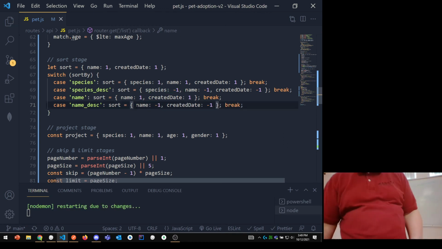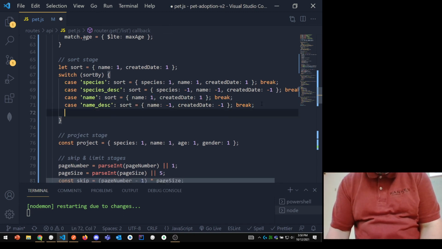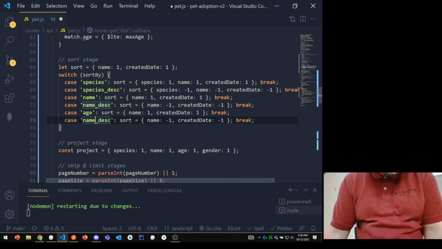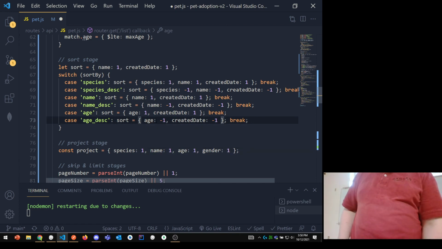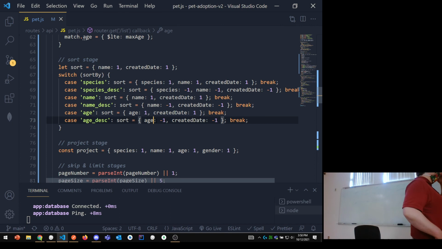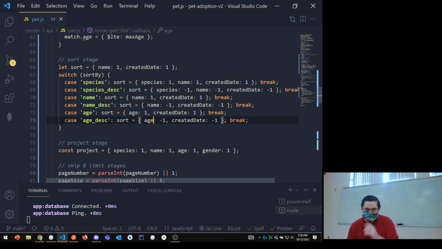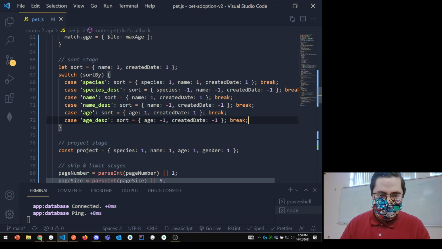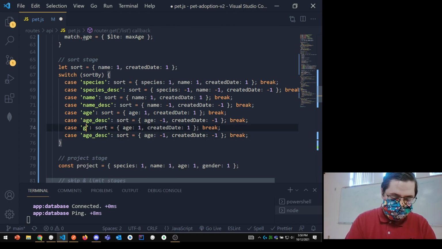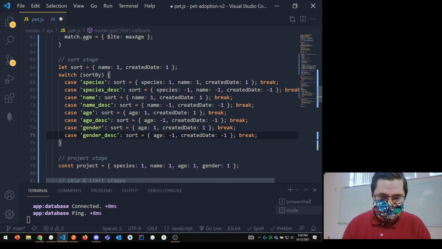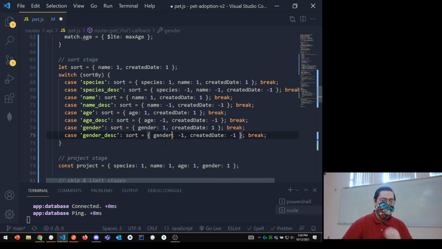I might say then let's go to age and kind of follow that same pattern. So let's say I say age. I could do that. Say if it's by age, sort it first by the age and then by the created date. And maybe I do the next thing you're saying, the gender, so let's do that. Now, sorting it by gender and then created date,